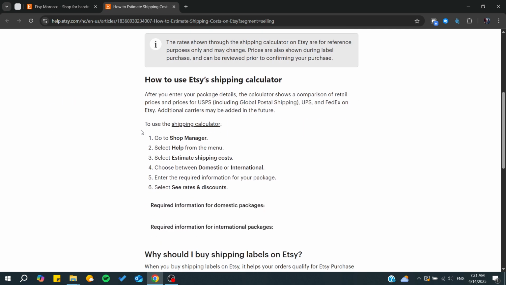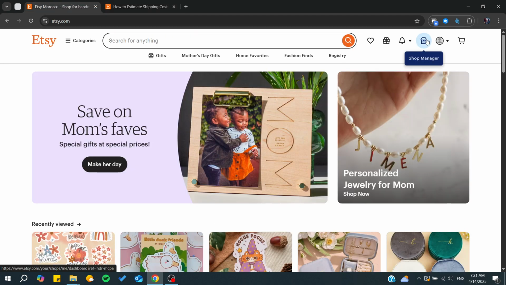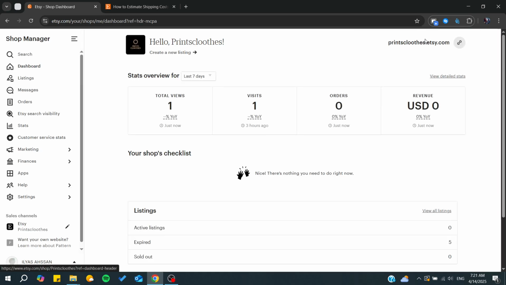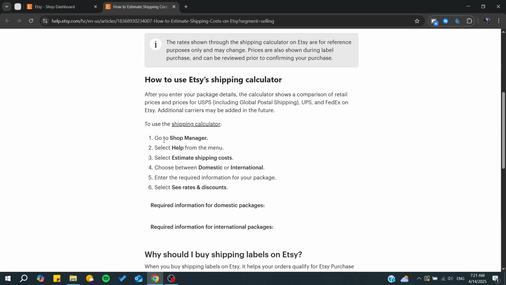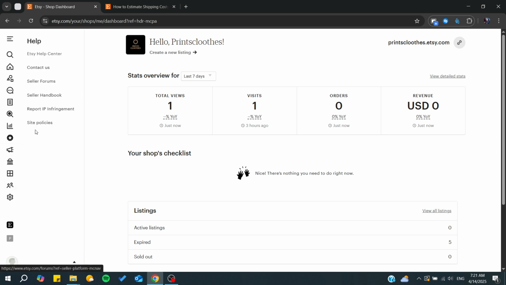So as you can see here, to use the Etsy shipping calculator, you can find it in the shop manager. So simply we can go to the shop manager, and from here we just need to go to help, and then click on estimate shipping costs. So let's simply go to help, and from here we will find